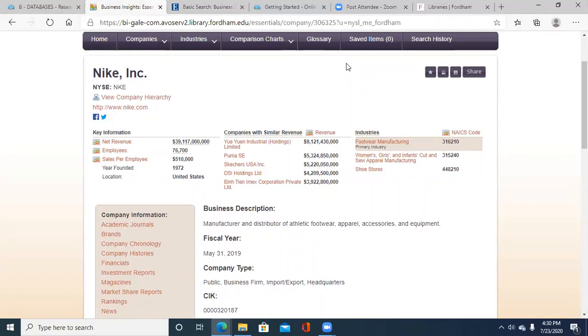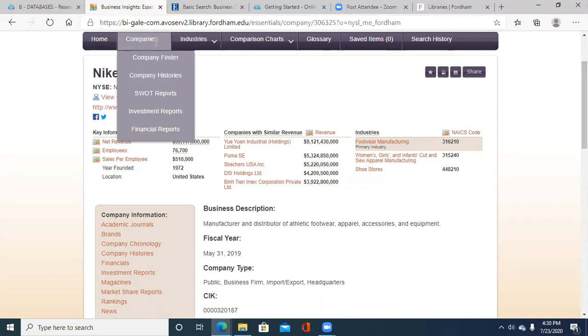The interesting thing here is that Nike, again, according to this database, has these three industries. I think there's more. There's probably more. But again, that's why we use different databases to see. So we can see that shoe stores is 4482. That's the NAICS code. So what we can do here, and the cool thing is with Company Finder,